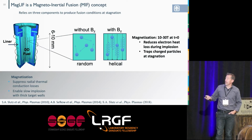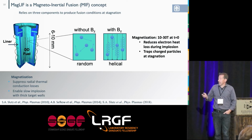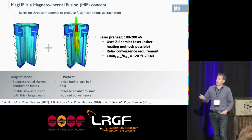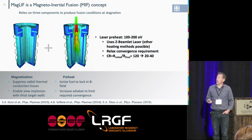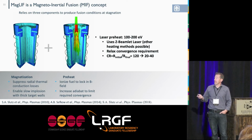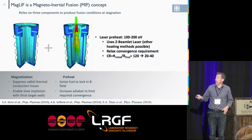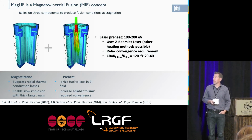So you go from this random motion here to something that's much more defined. This is helpful in that, as I said, it reduces the electron heat losses and increases the efficiency. Now, before we implode this cylindrical liner, we bring in Z-Beamlet to preheat the sample. What that does is it ionizes the fuel, which will lock in the B field during the compression, and that relaxes the requirement on the compression ratio. So instead of having to go to ridiculously large compression ratios, we can relax that requirement and still do efficient